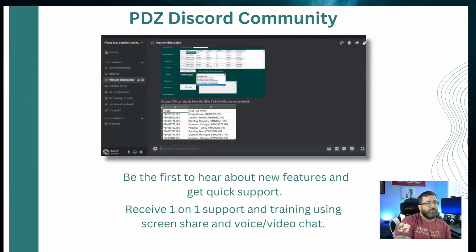We also have a Discord community, so you can definitely come and join us here in the Discord. This is kind of where I sometimes talk about my new features that I'm thinking about implementing. I'll put the release notes on there. This is also going to be where you can download the latest builds. So we also just like to hang out. I'm going to build this out more because